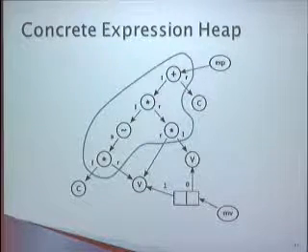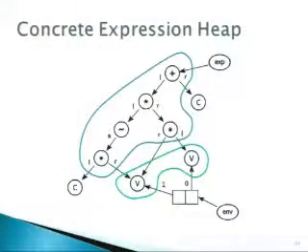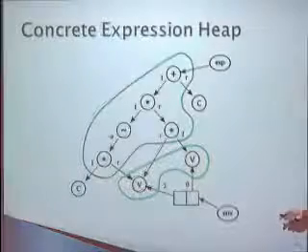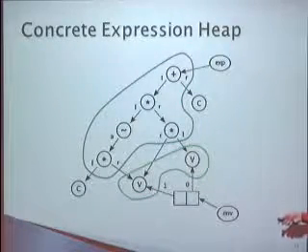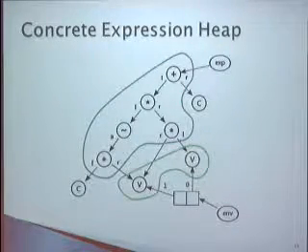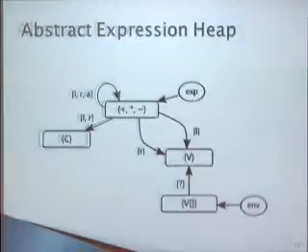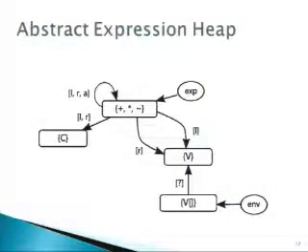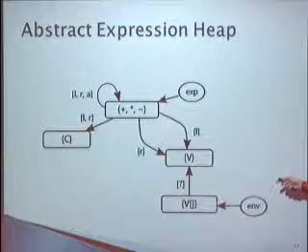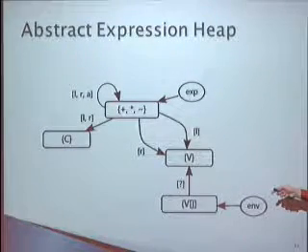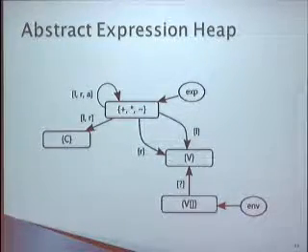The other equivalence class we have is everything that's stored in the same set of storage or equivalent storage locations. So the variables that are interned in the symbol table are all stored in equivalent storage locations. Then when we apply our abstraction function here, we get this as our abstract storage shape graph. So we have the expression variable points to a node which represents some add, some multiply, and some negate objects.